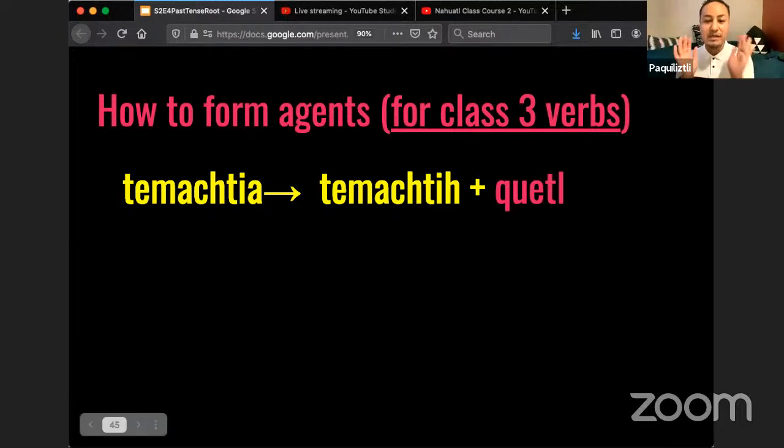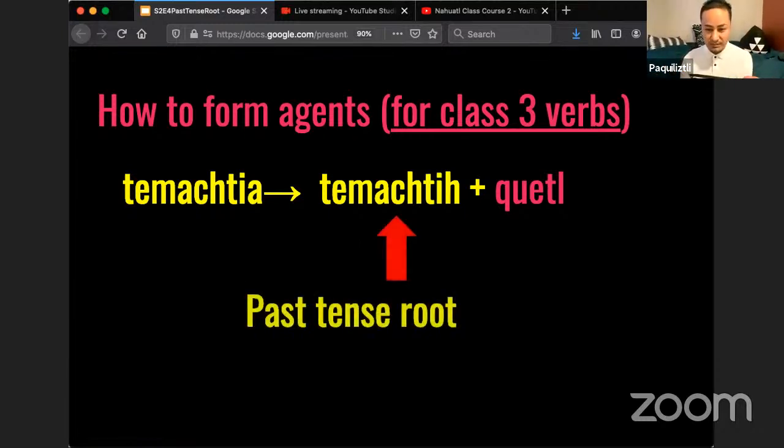But essentially the overall rule is you're gonna use the past tense root and then you're gonna add the -ket to make it the singular form of the agent. So temachtia means he or she teaches people, and temachtiketl means a person who teaches people. So this would be teacher. So from he or she teaches to teacher, okay? So you're using the past tense root. So you see this H is in there. So temachtiketl,